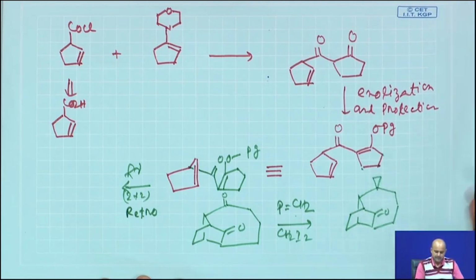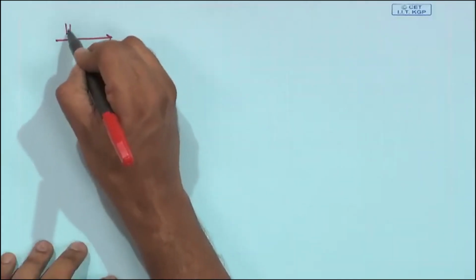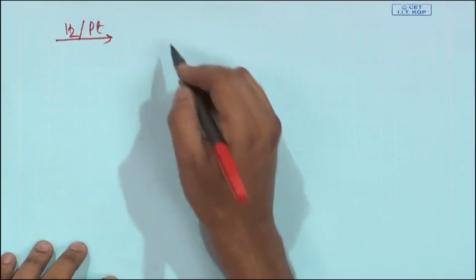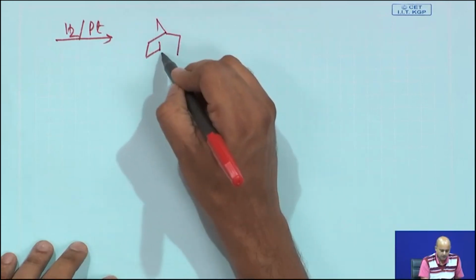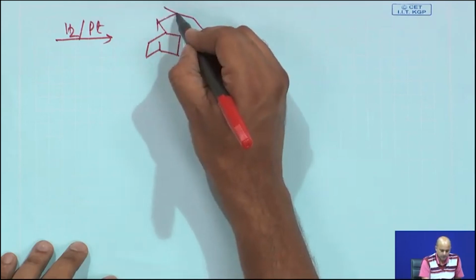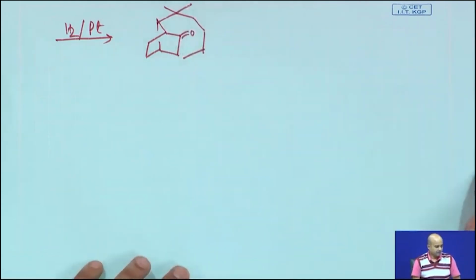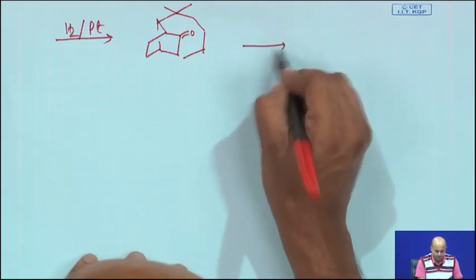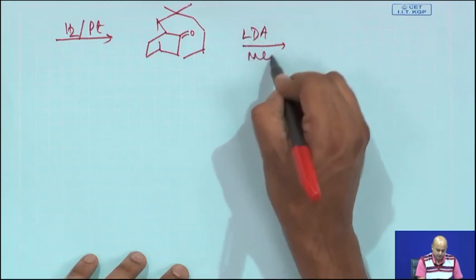Right, and then this cyclopropane overbred you basically cleave with hydrogen and platinum surface. So, do a hydrogenation. Now, you will find that the cyclopropane will be symmetrically cleaved to give you the gem dimethyl, and here you are having this ketone. So, now you are almost very close, you basically need to introduce the methyl group here. So, treat with LDA and methyl iodide,